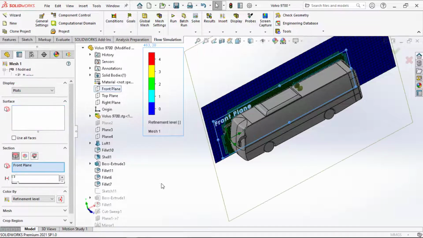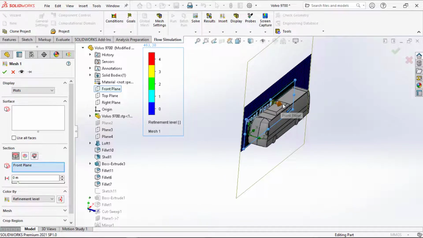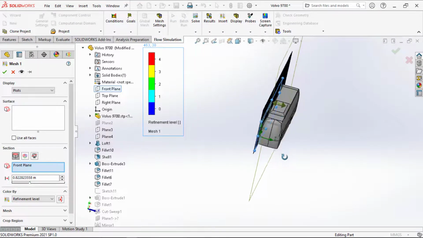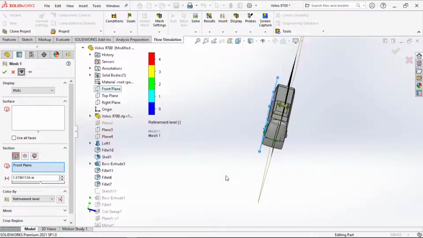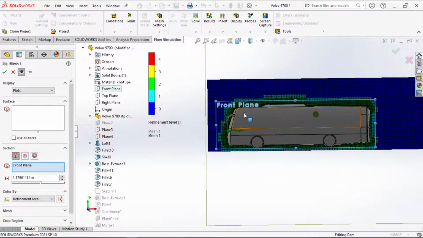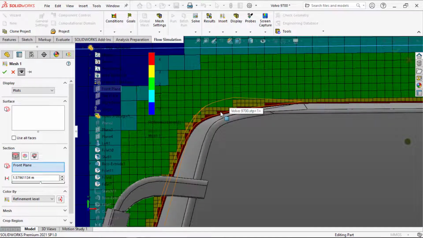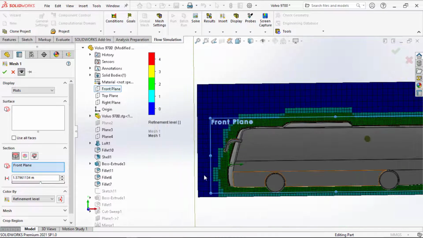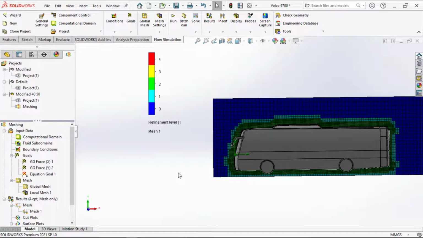Simply edit it. And you can use the values here, or else you can use the actor to drag it wherever you are looking for. Okay, I need it exactly at the center. Simply drag it, and here you could see this is how it is distributed. And at the curvature region, you could see it is still refined comparatively with respect to the middle region, the second layer. The first layer is very refined. Okay,